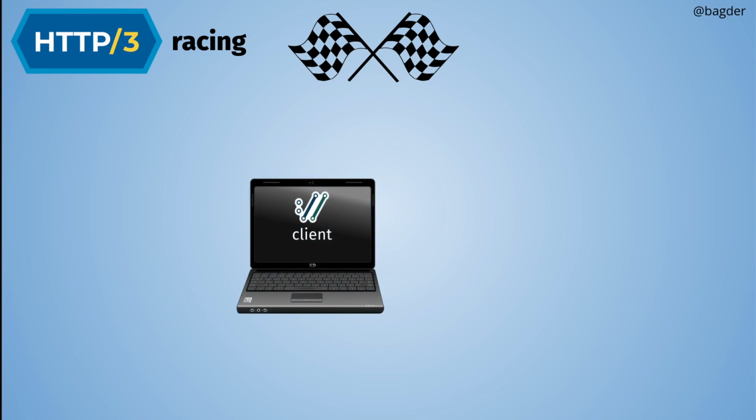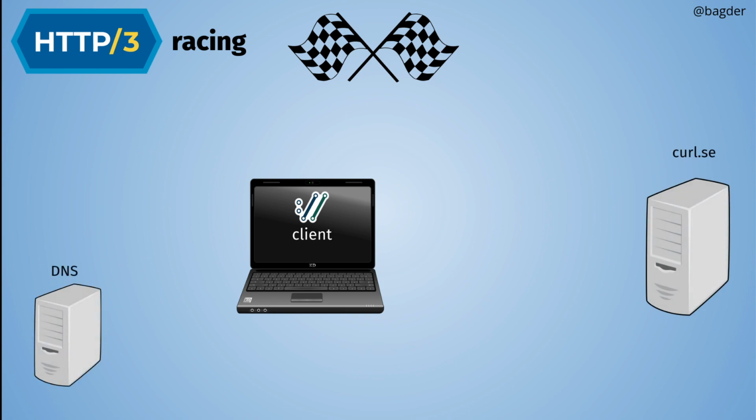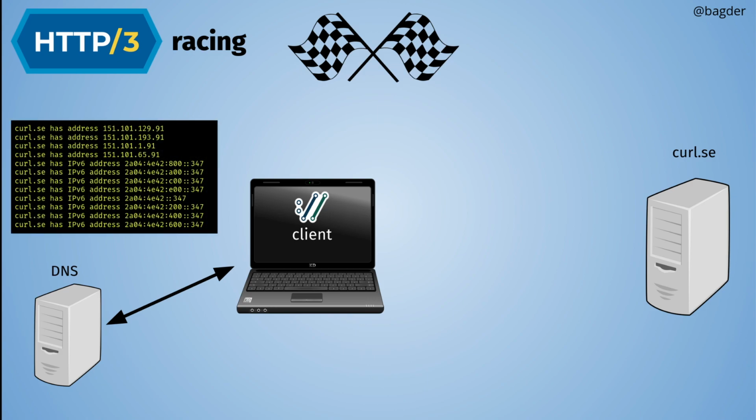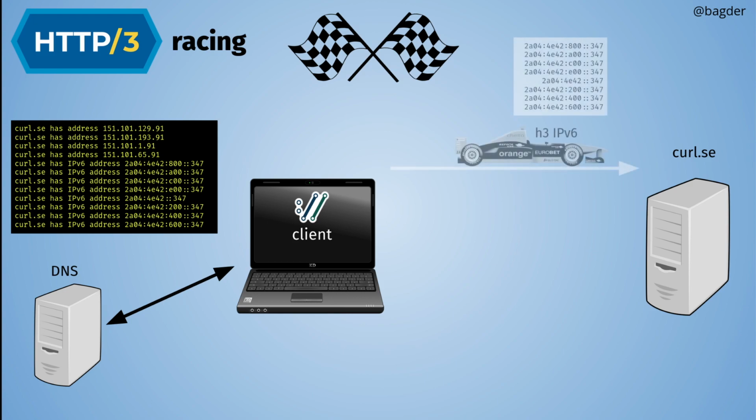So then we have this cURL client laptop again. It wants to talk to curl.sc. It resolves the hostname from the DNS and gets that huge list of IP addresses. As I mentioned, 8 IPv6 addresses and 4 IPv4 addresses, and it then starts the HTTP3 IPv6 car,